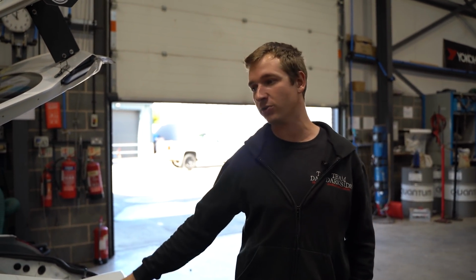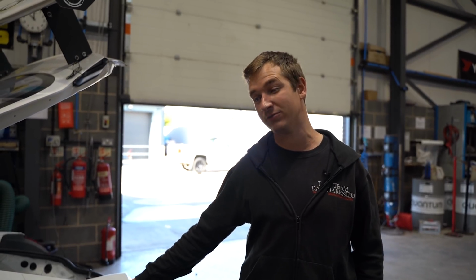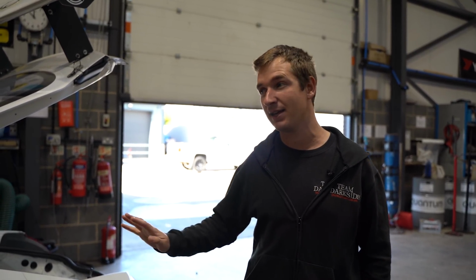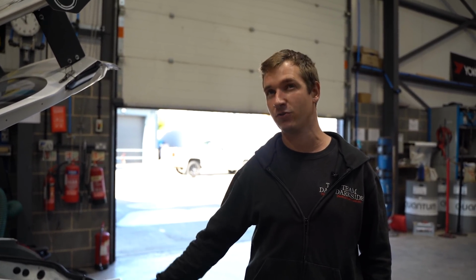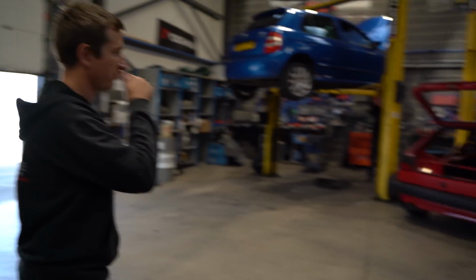The TT, not so easy, especially waiting on bits. We're going to probably end up doing this the day before and run it on the dyno to be sure it's right, because we only run it on the dyno briefly before the track day as well. So anyway, lots to do. We'll get it sorted. So then Steph's Mark II,